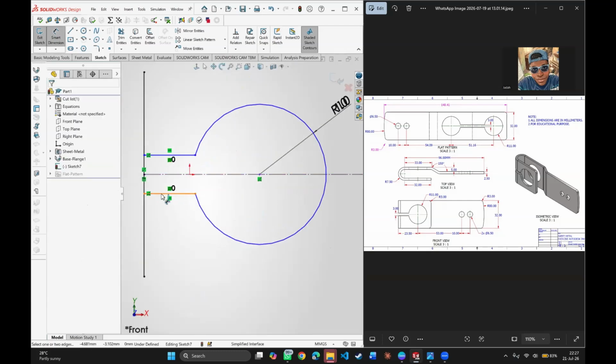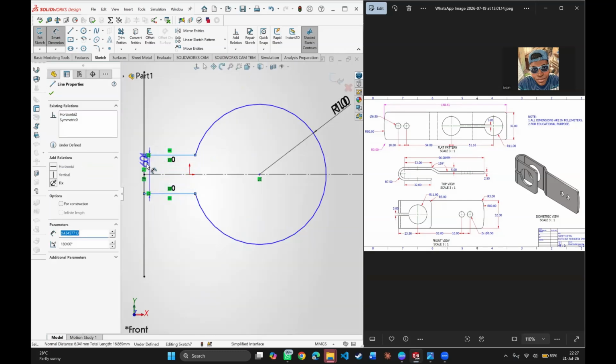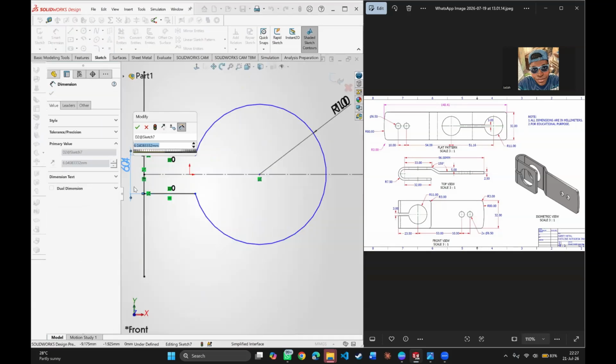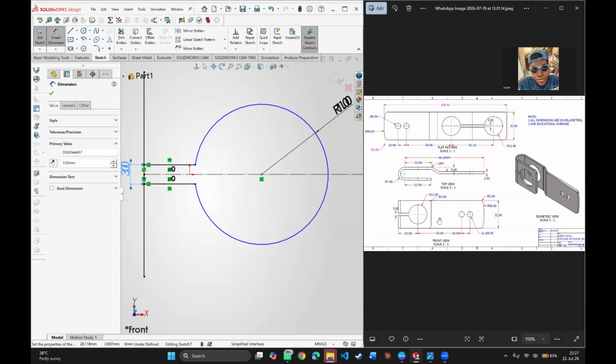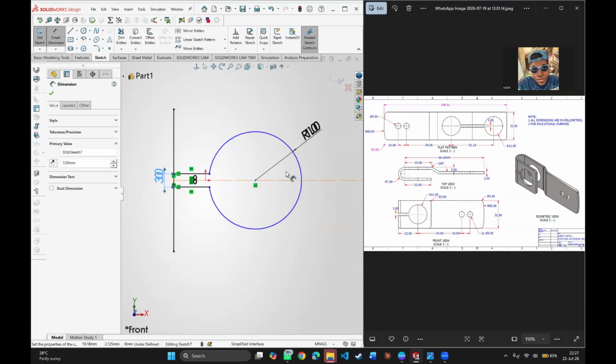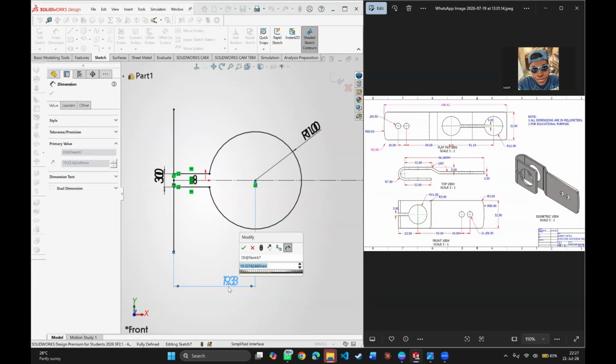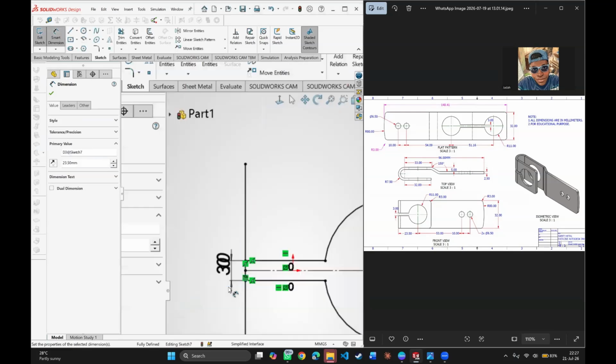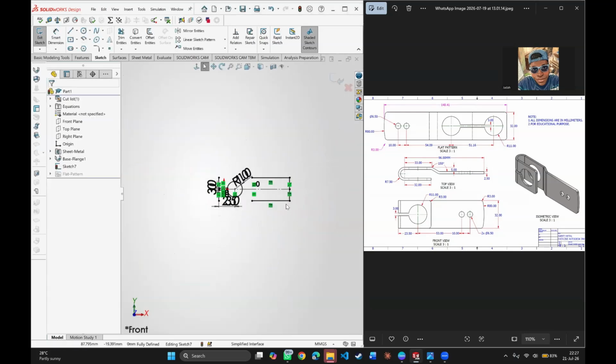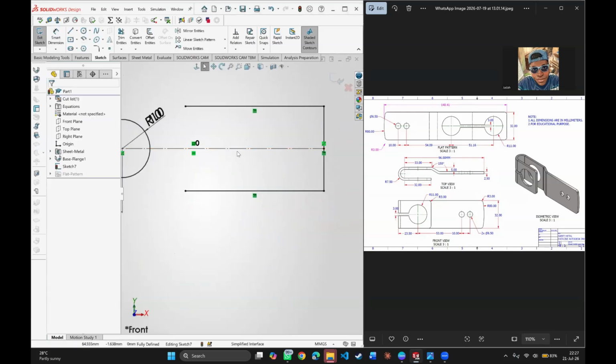And set the distance here to 3. Yes, 3. As it is here. So the next part here to just fully define this particular circle is set the distance to 23.5. Then now for the two smaller circles,